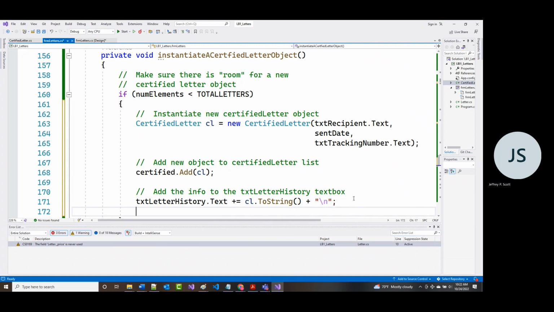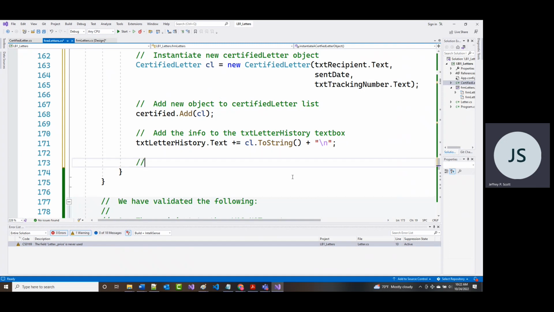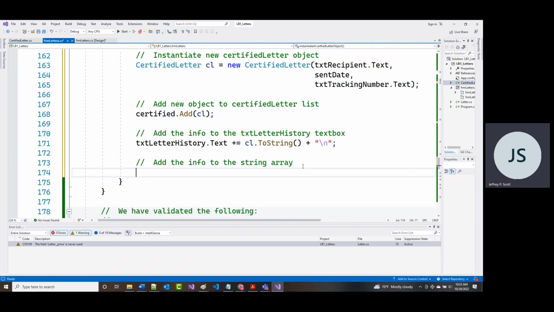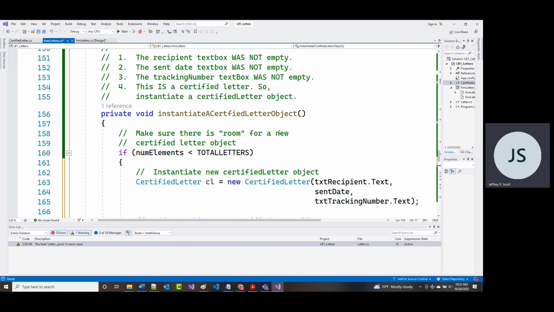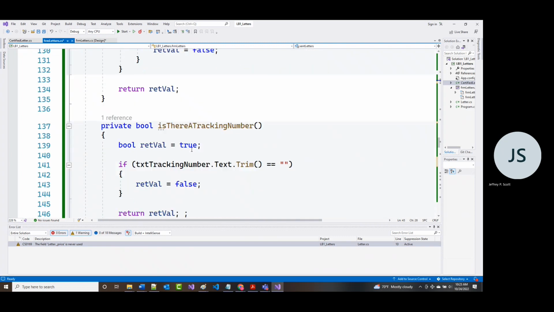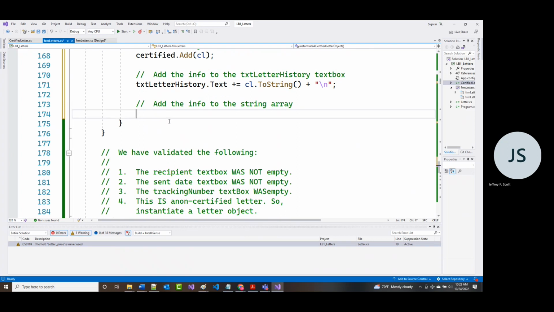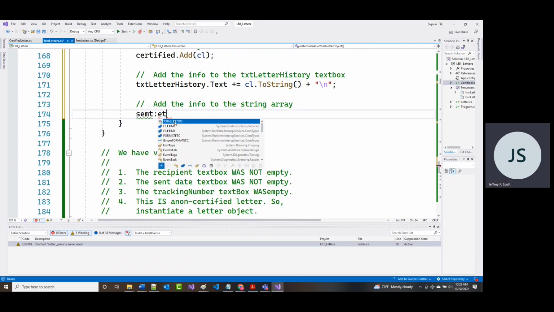Okay. What else do we have to do? Well, we just added that. We also have to add it to that string array. Add the info to the string array. Okay. Which I think, what did we call that array up here? It was way up on the top. Sent letters. So sent letters